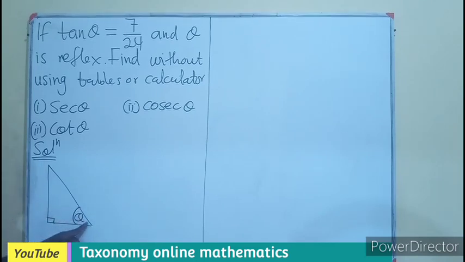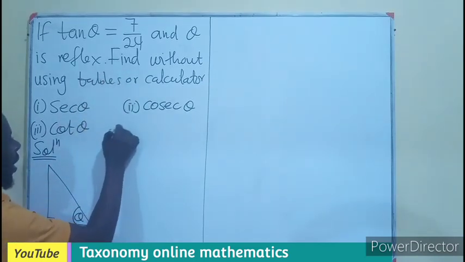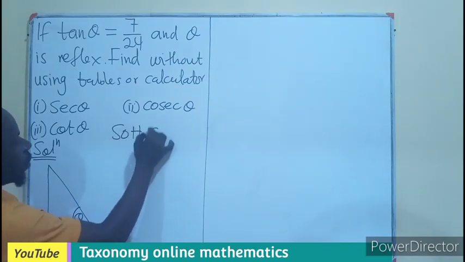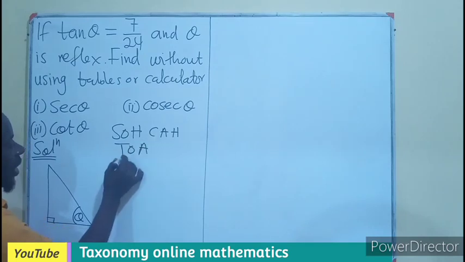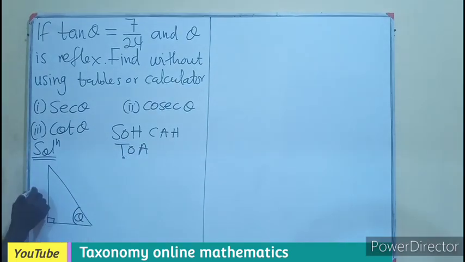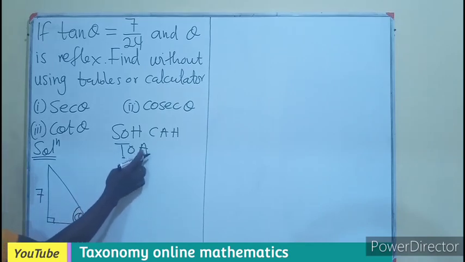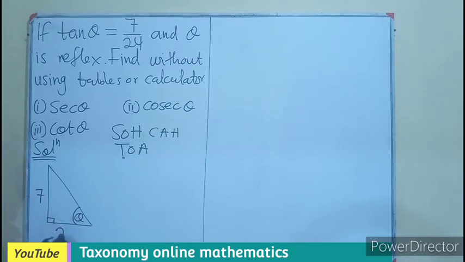If this is the theta, tan is opposite over adjacent, the opposite is 7 and the adjacent is 24. So we need to find the value of y in order to be able to find all the trig